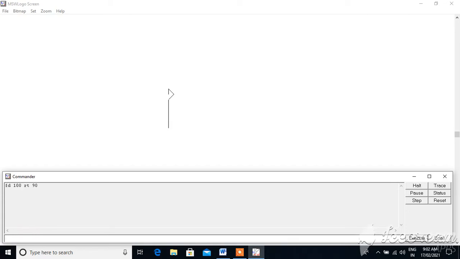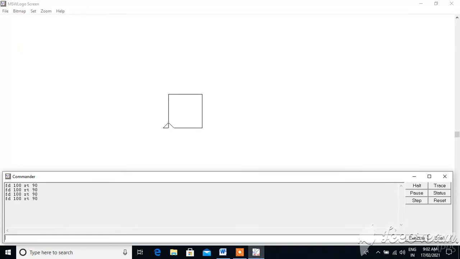Again we will draw a square and we will erase one line from the square. FD 100, RT 90 degrees. FD 100, RT 90 degrees. FD 100, RT 90 degrees.